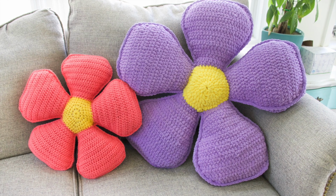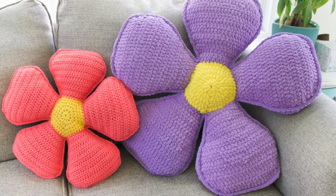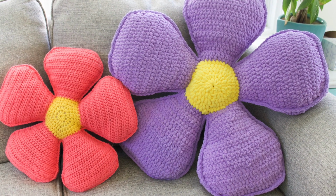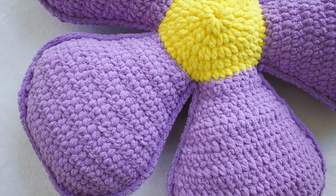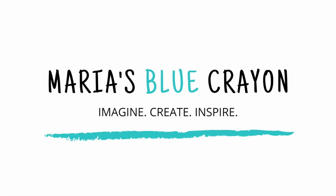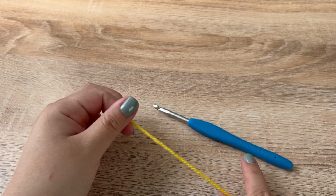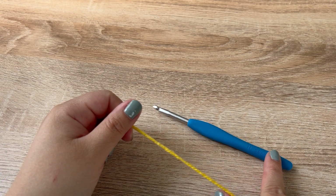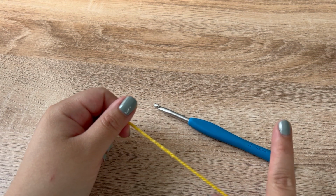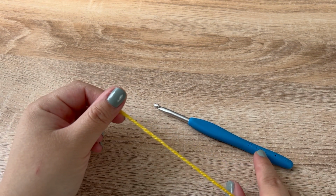Hi everyone, in this video I will be showing you how to crochet this crochet flower pillow. The original pattern calls for Bernat Blanket yarn. I have all the materials as well as the written pattern listed below. Because I'm using a worsted weight yarn for this sample, I am using a 5mm crochet hook. If you are using the Bernat Blanket yarn, which is a super bulky, you will want to use a